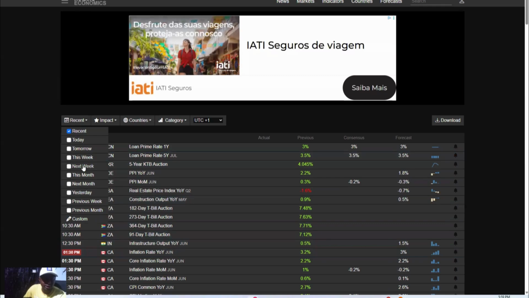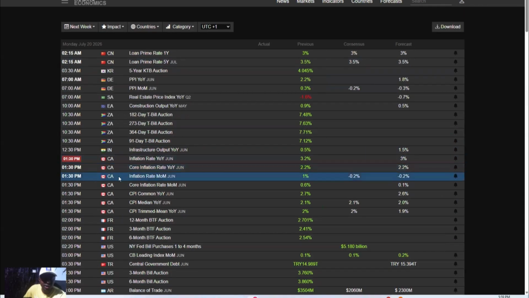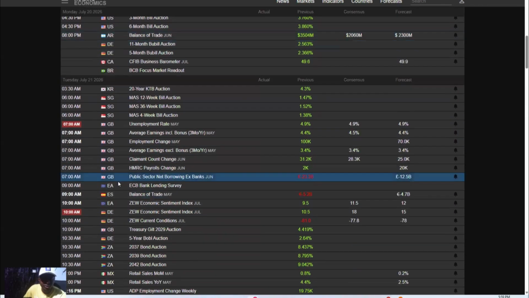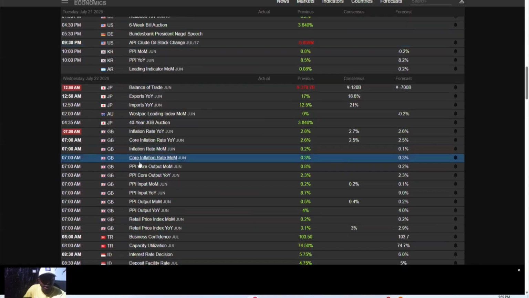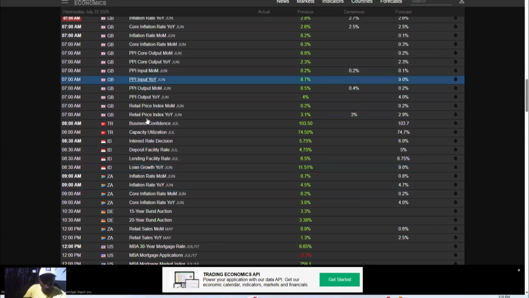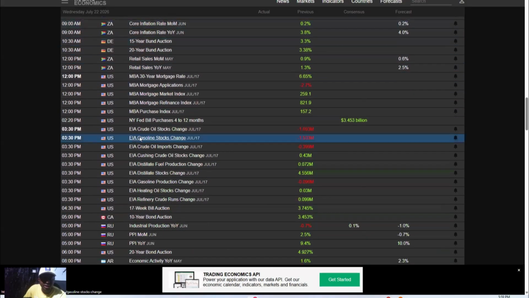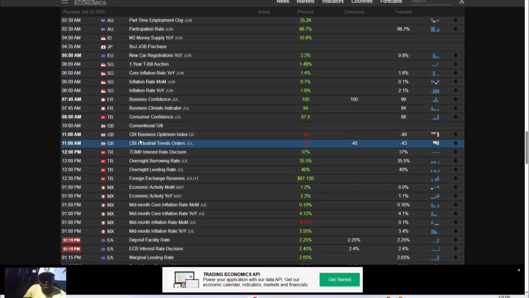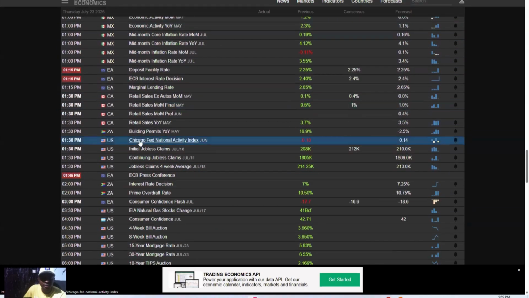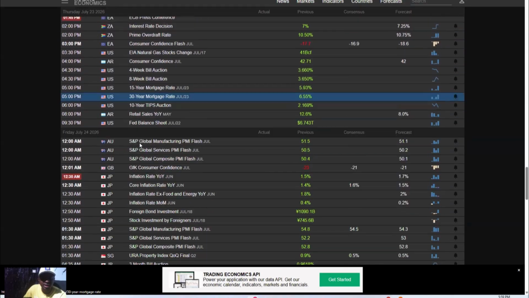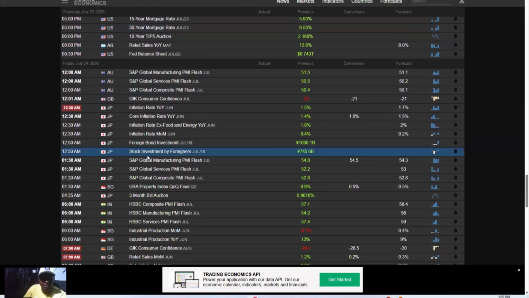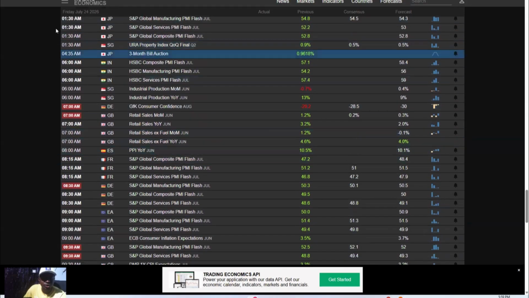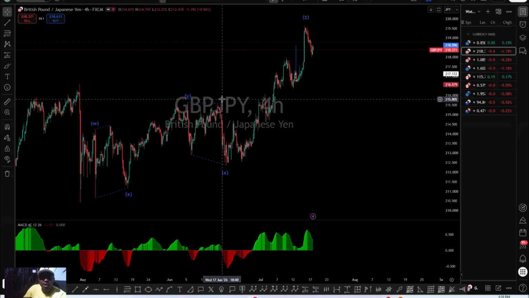So here we look at the economic calendar to see what we'll have next week, if we are going to see anything that's going to influence here. So we look at the GBP, we can see some inflation data coming in, and also retail sales data seems to be coming in for the GBP as well. So it's a whole lot of data. Let's see what happens for that and see how it influences these currencies, and then we can take proper advantage of those situations. Okay. So for GBPJPY, I'm going to do nothing for now and allow data to come in